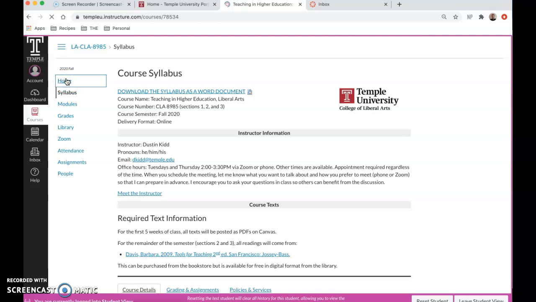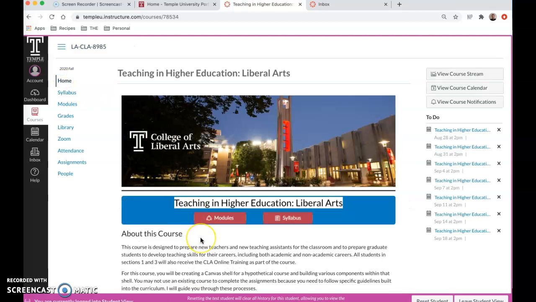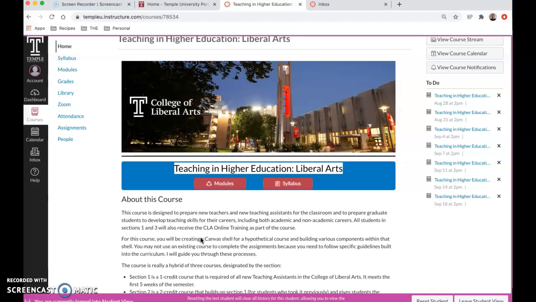I'm going to go back to the home page and show you what's most important for us for getting started, which is the modules link. And you can find a link to modules, both this button here at the top of the home page and in this left-hand navigation. You'll see in the left-hand navigation, you also find syllabus there, grades, which there's nothing to look at right now anyways,